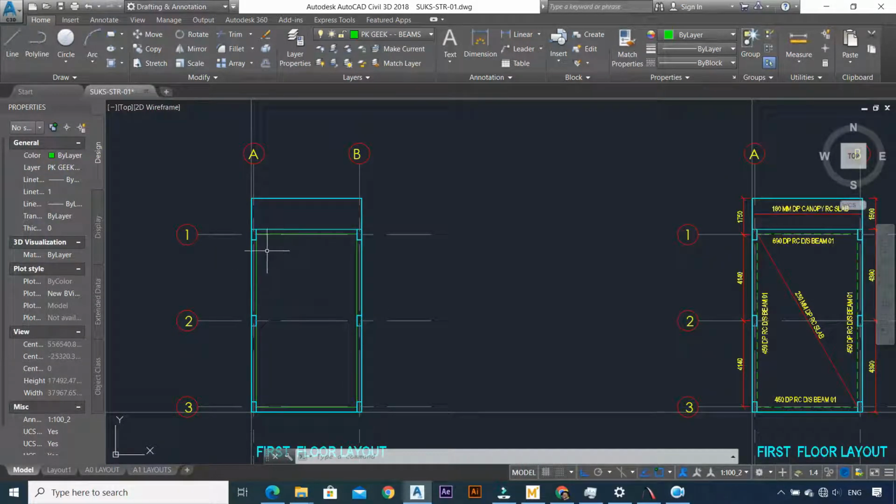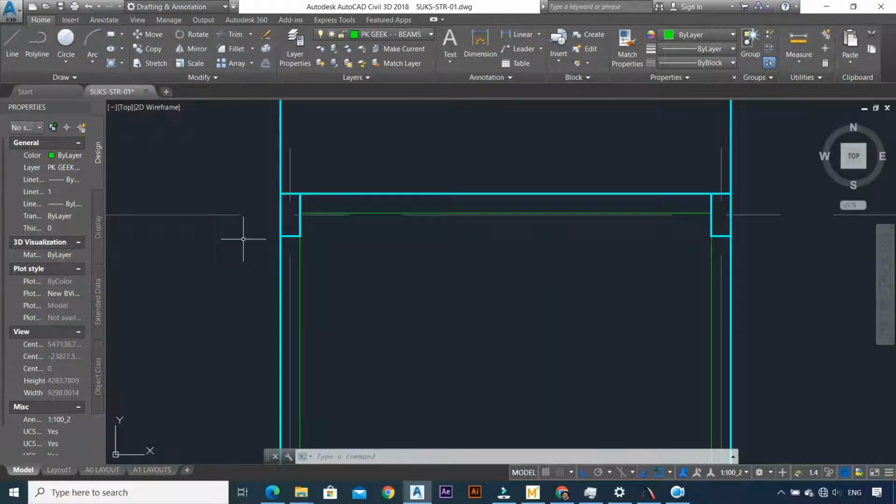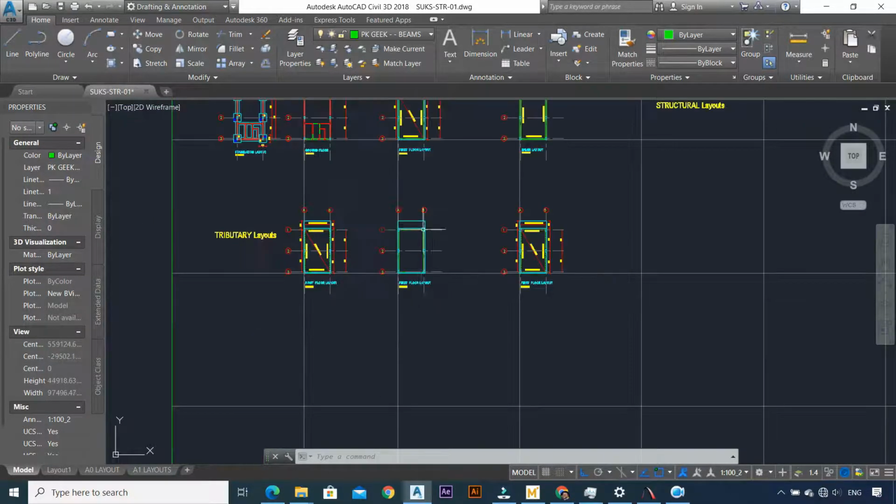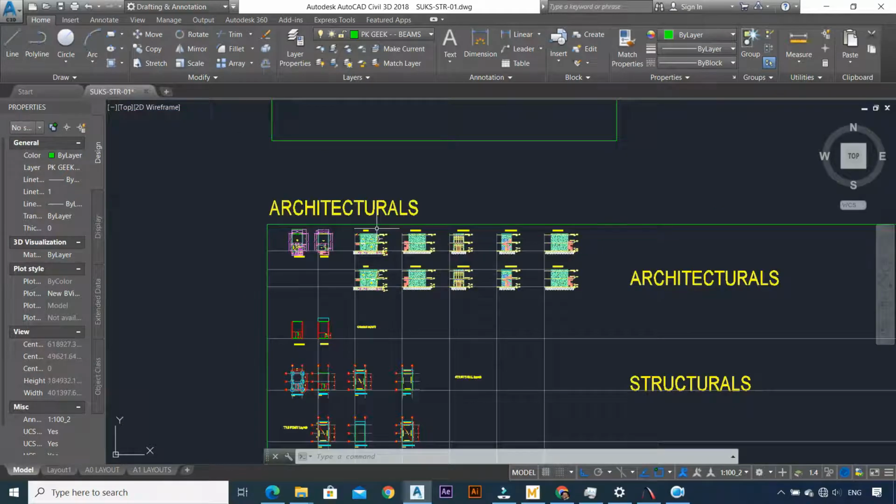So that is where ultimately the load is going to be going. So the best thing that you want to do is you just want the area that is going to be contributing all its loads down to this point and all its loads down to this point. And the reason why we're using the first floor layout is because